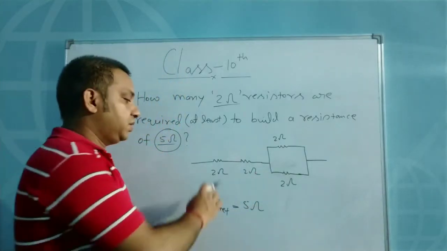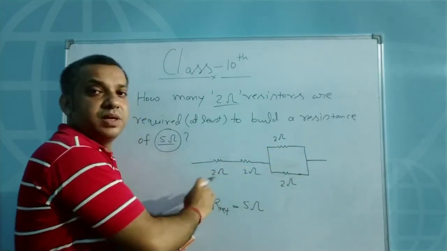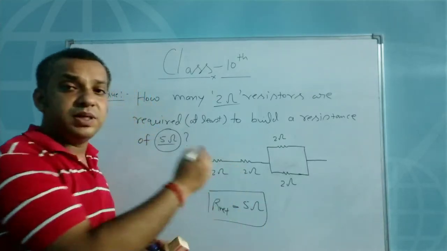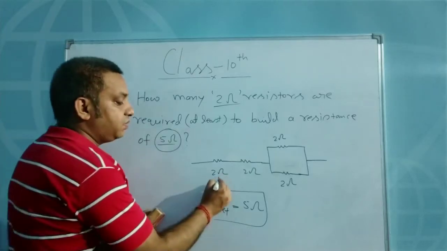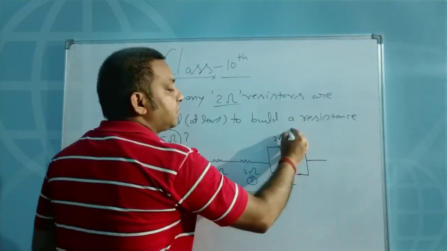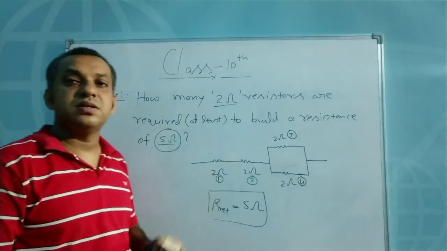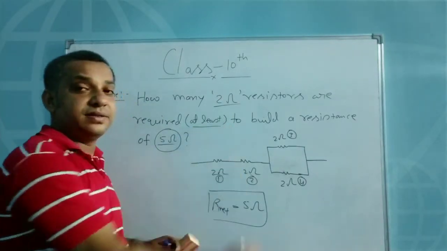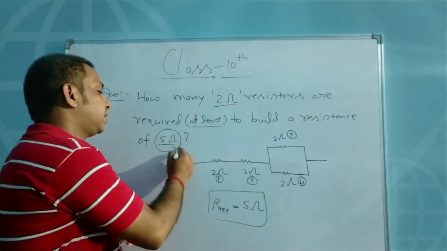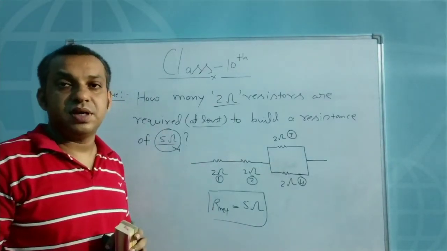Right? These two are in the series combination, and the resultant of these two is in the series combination with these two resistors. So you will get the 5 ohm resistor. Clear? So how many resistors are required here? Just see, this one is resistor number 1, this one is resistor number 2, this one is resistor number 3, and this one is resistor number 4. So with the help of 4 resistors you can make it, this is the minimum value. At least you require four 2 ohm resistors to build a circuit or arrangement such that the overall resistance becomes 5 ohm. Right?